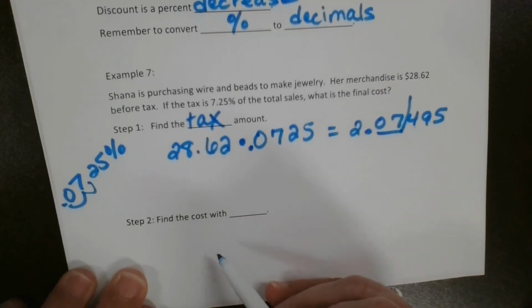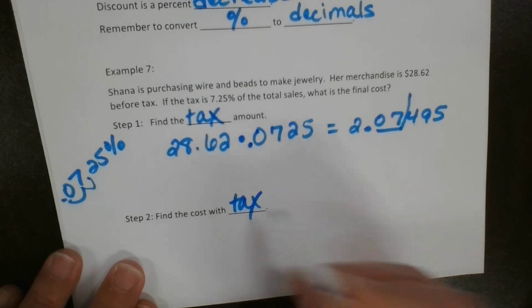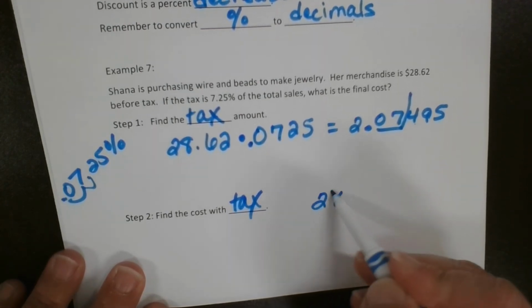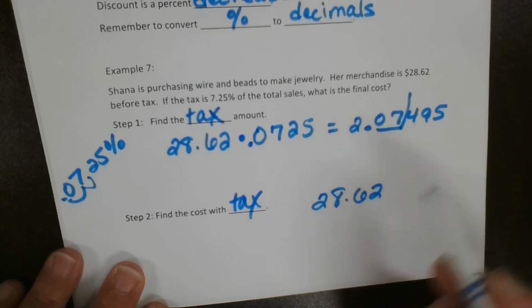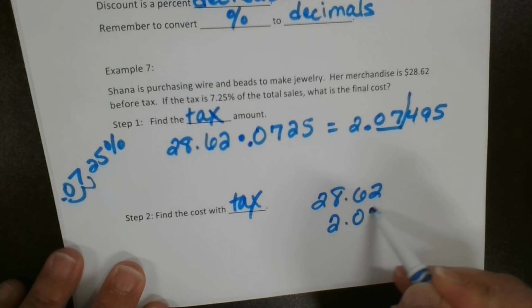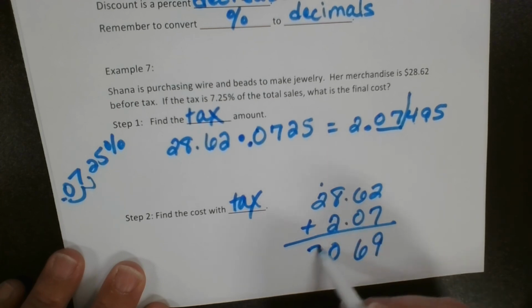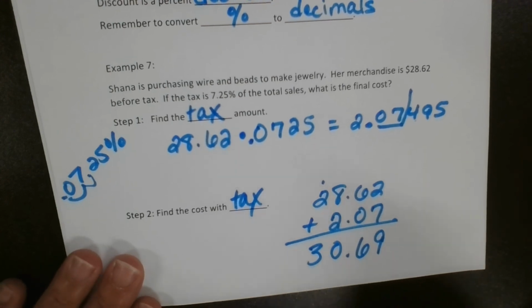So then the next step is to find the cost with the tax. Okay? So the item cost $28.62. We're going to add this tax to it, $2.07. That's what your bill should be. That's what you should give the cashier. If they hit you for $35 and some change,